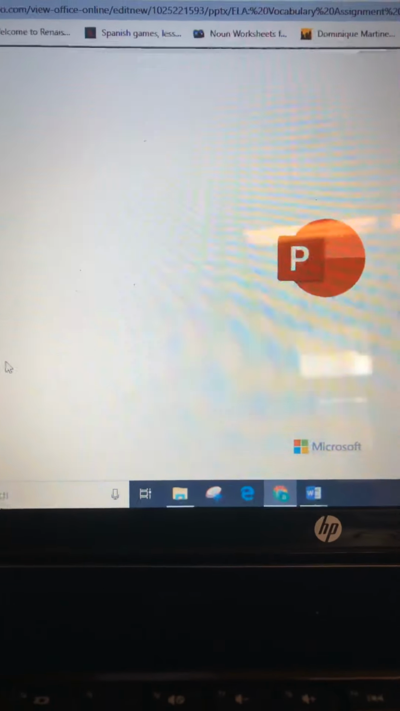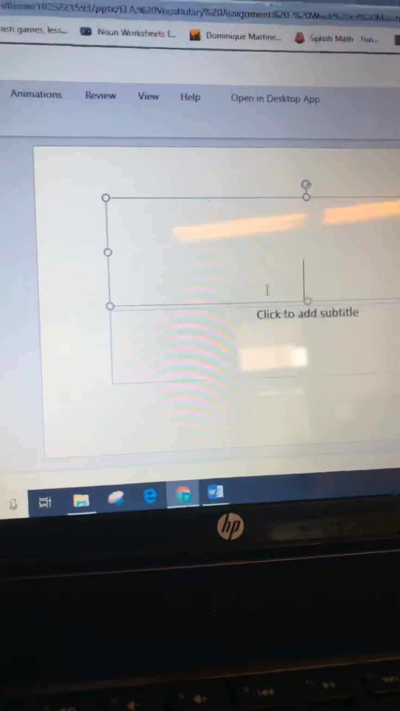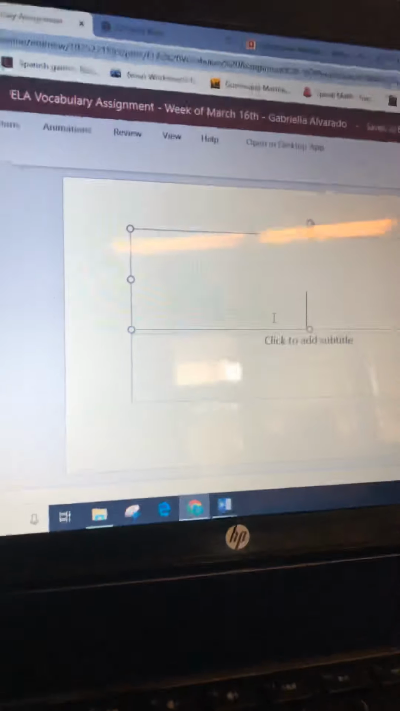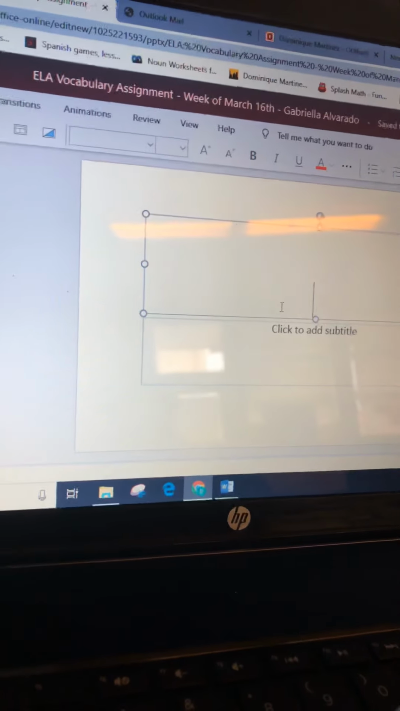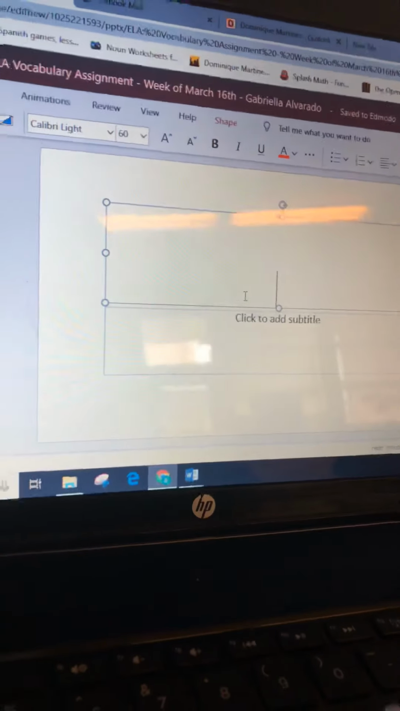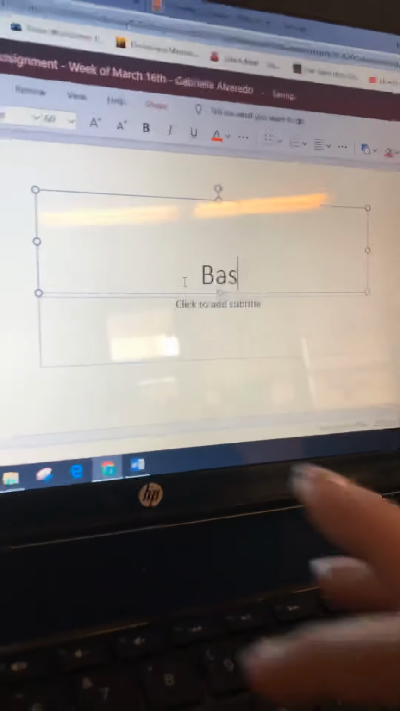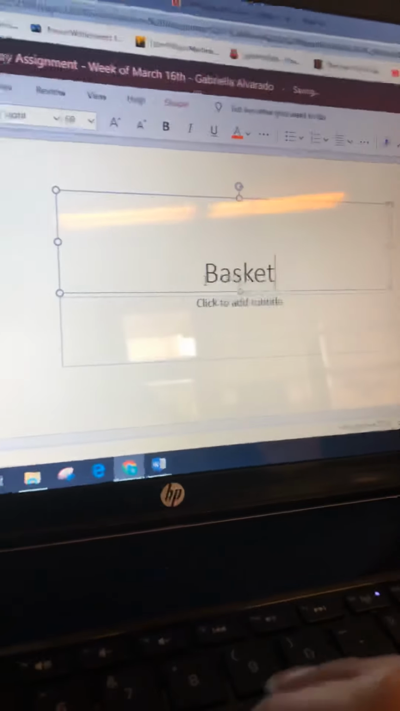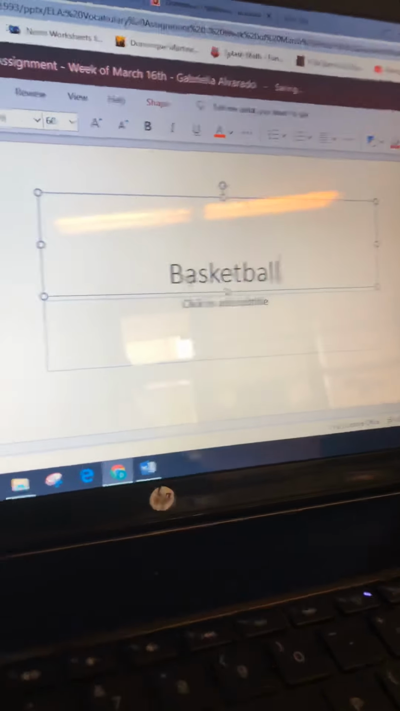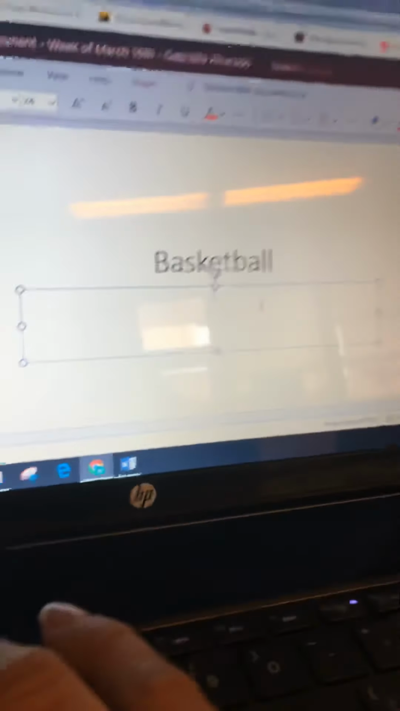So PowerPoints, you might want to get used to them because you will have to do it for your California Expert project. When you're doing it, all you do is click. So let's say I wanted to do this and put, let's see, what do I want to do? Say basketball. Okay, so let's say that's my word, and a game